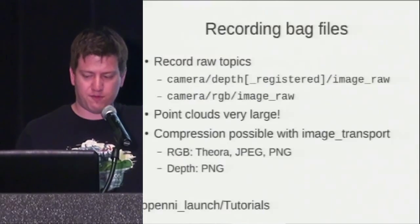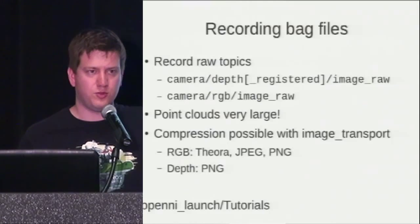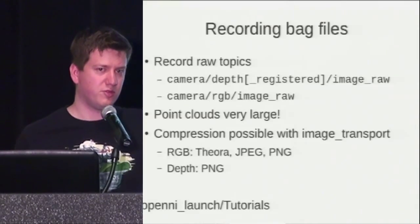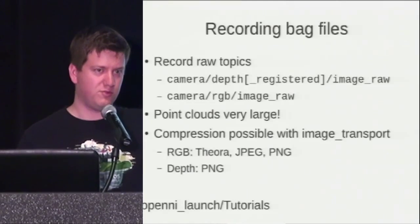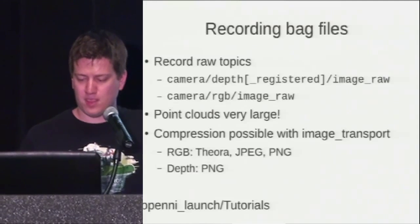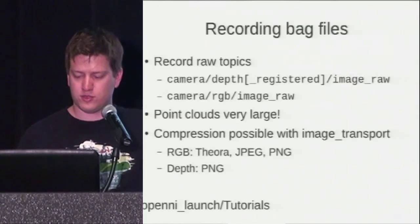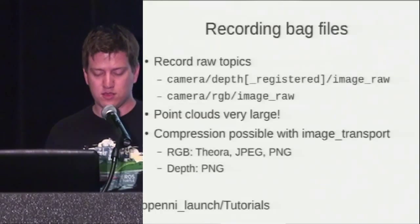And recording bag files looks very similar to that, actually. When you record a bag file, you want to record the raw topics. A lot of times your first instinct is to record the point clouds, but those are huge. They're bandwidth hogs. And in fact, if you try to record XYZ RGB, you actually can't write them to the hard disk fast enough as they're coming in. But the image raw for the Kinect is Bayer, so it's 1 byte per pixel. The raw depth image is 2 bytes per pixel. So this is very